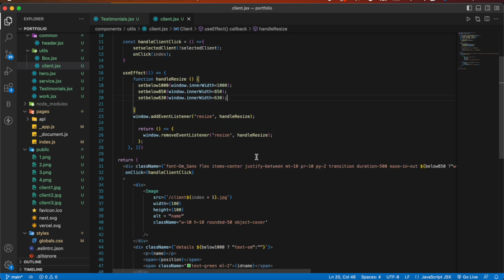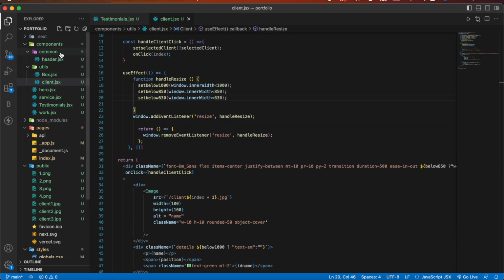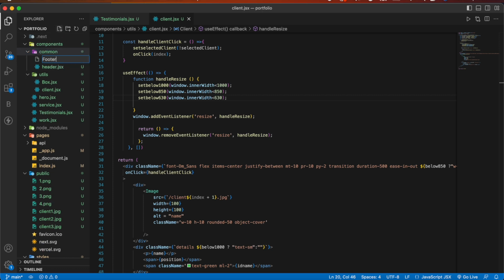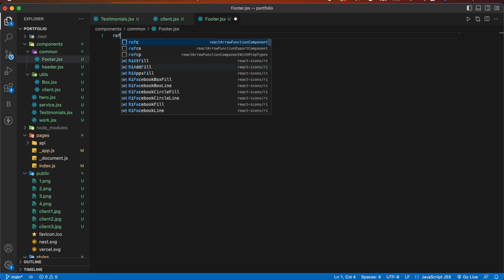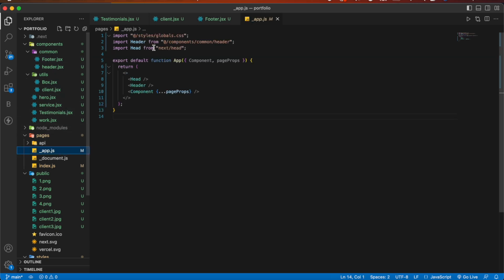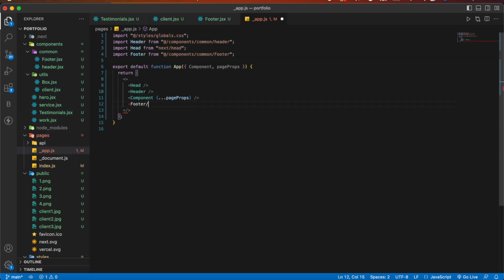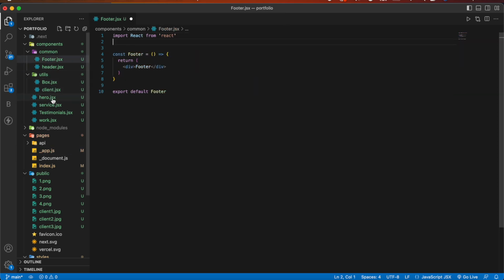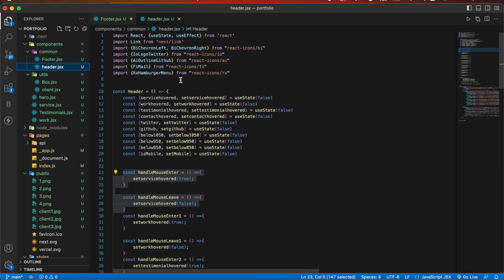Now all that is left is the footer section. So we'll go and make a footer file in the common folder, footer.jsx, and rafc, and we are going to import here icons. So first I'm going to the header, and from here I'm going to import these two icons,